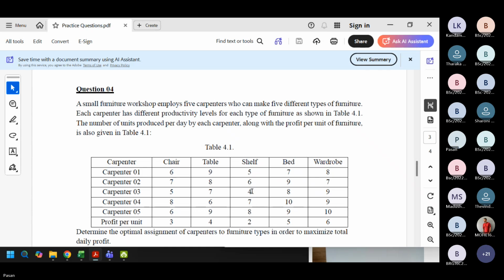So we have that information, and then the profit they can make by selling one item, right? In terms of the 5 items we have there, by selling each one of them you can make a profit of 3, 4, 2, 5, and 6. So that's the profit you are getting, right? Now your target is